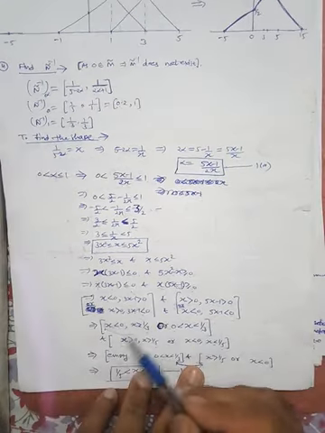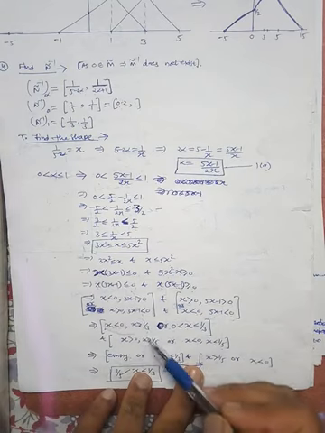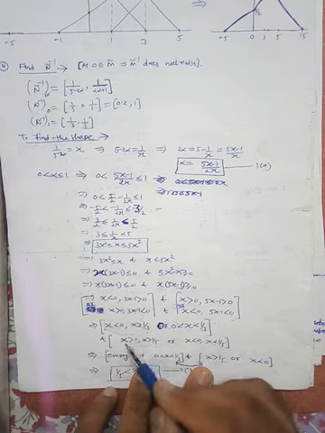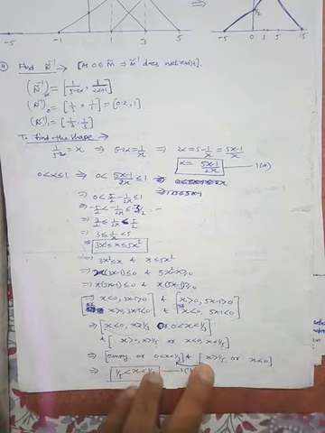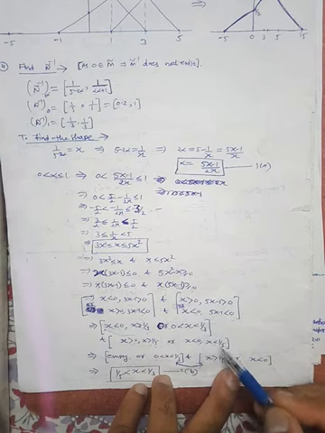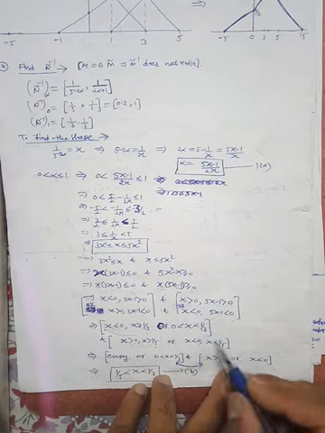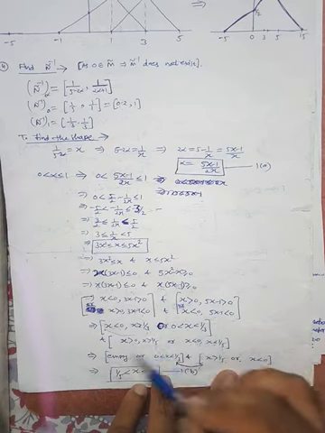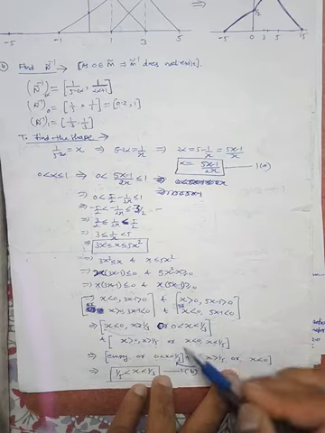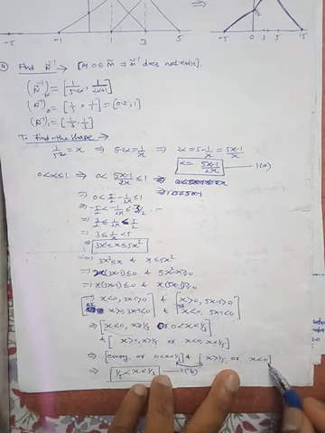Okay, now from the third part, x is greater than 0 and x is greater than 1 by 5. So obviously we can take x is greater than 1 by 5, the intersection of these two statements. Or from the last part, x is less than 0 and x is less than 1 by 5. So obviously x less than 0 will be the common part, the intersection. Just like this, the intersection of these two statements is x greater than 1 by 5. Similarly here the intersection of these two will be x less than 0.